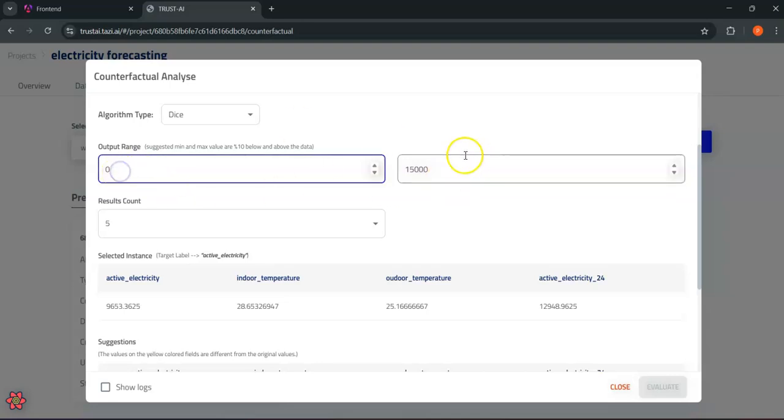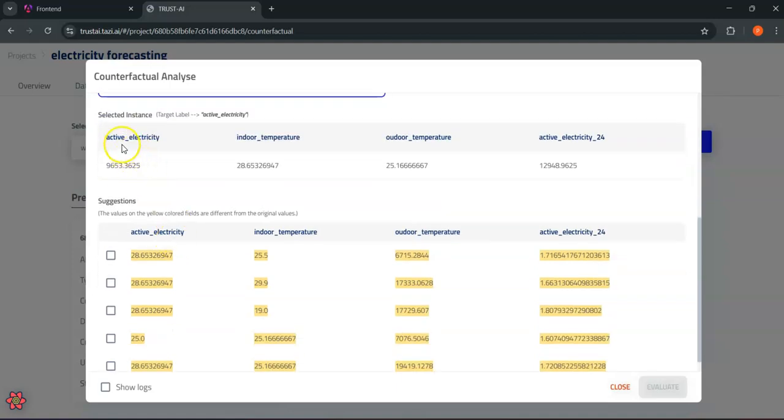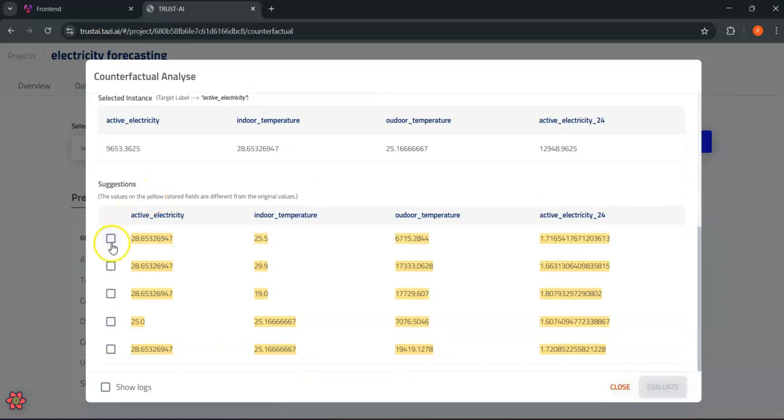We can select the minimum and maximum output value, expected output value over here, and this is the results count, which if we change, we can change how many counterfactual suggestions we want to get. So currently it is 5 over here, and this is the instance which has been selected to generate the counterfactual, which we have set, and here are the suggestions generated by the counterfactual generation.